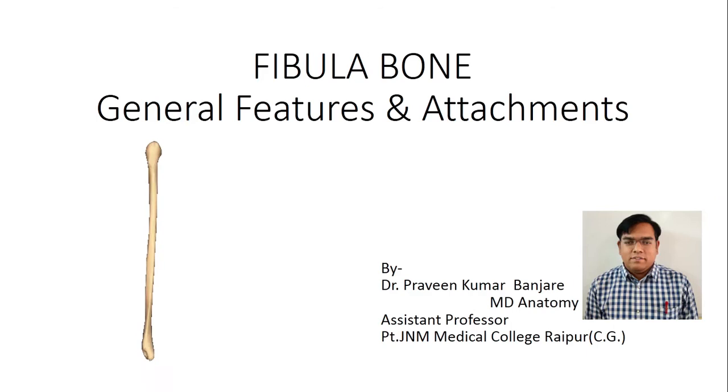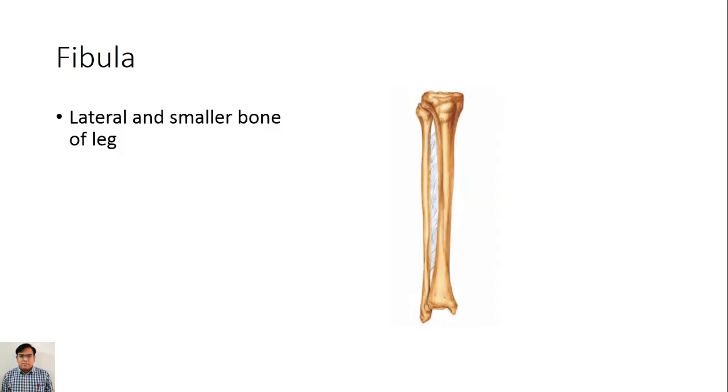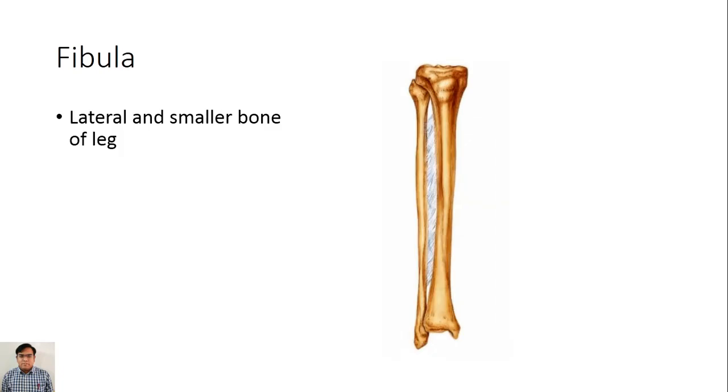Hello students, in this video we are going to see the fibula bone. The fibula is a lateral and smaller bone of the leg. As you all know, the leg has the tibia and fibula. So this is the anterior view of the right leg showing the tibia and fibula. This is the right side, this is the fibula and this is the tibia,